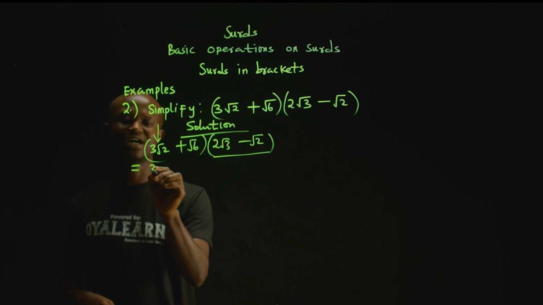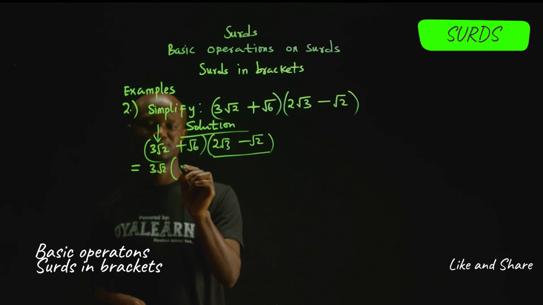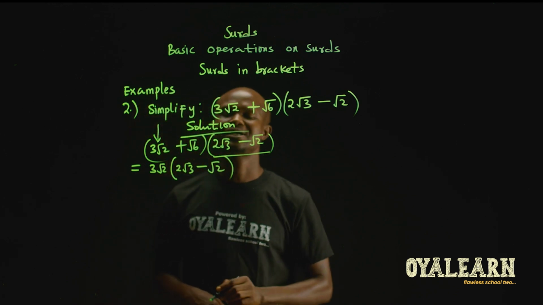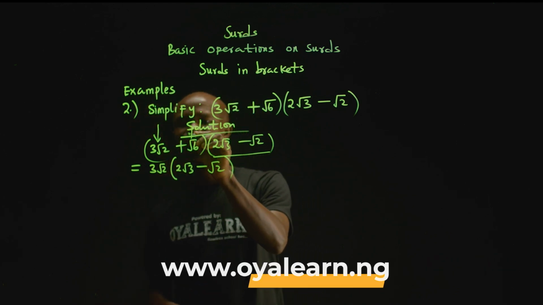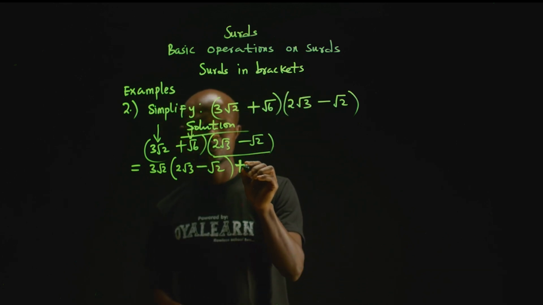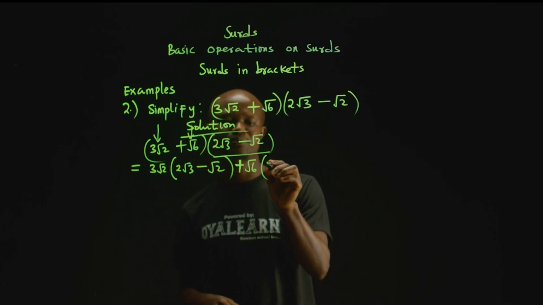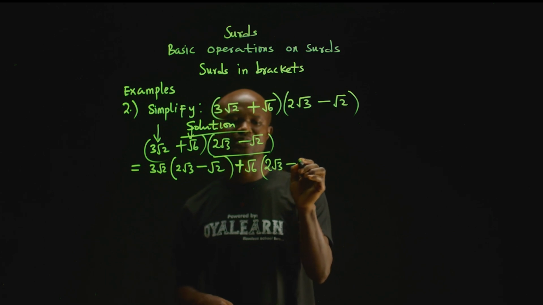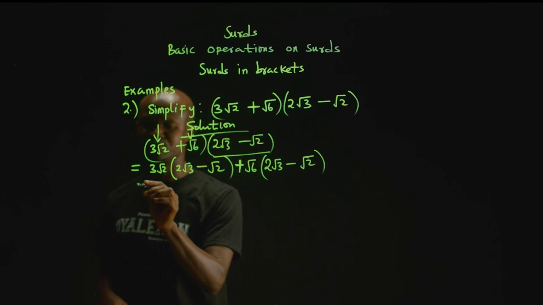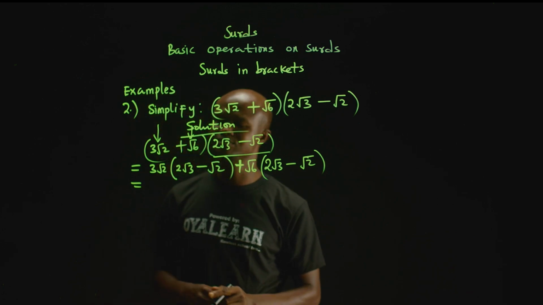This is it. We now have 3√2 multiplied by the second binomial surd, 2√3 − √2. Then we use the second term in the first binomial surd, that's plus √6, to multiply the whole of the second binomial surd, 2√3 − √2. The next thing for us to do is to expand the brackets. Expanding the brackets now, we have